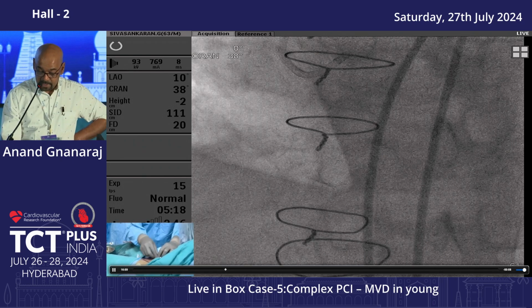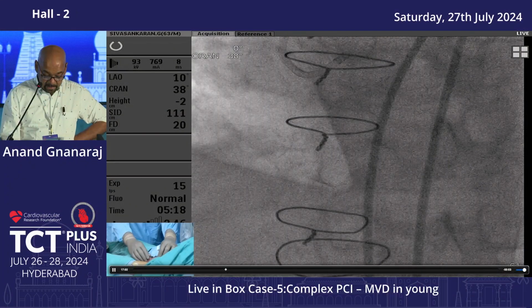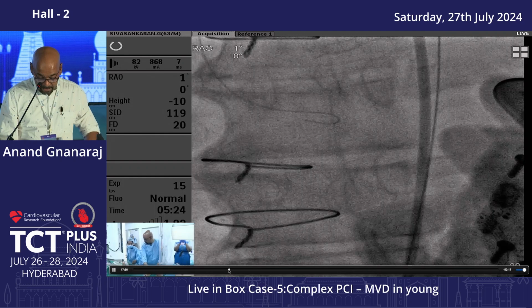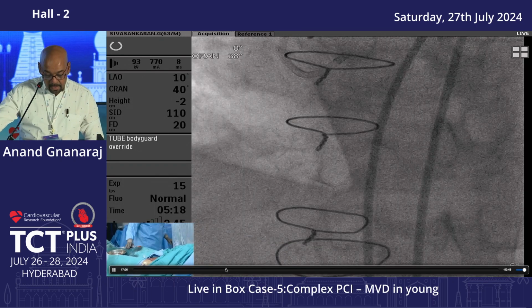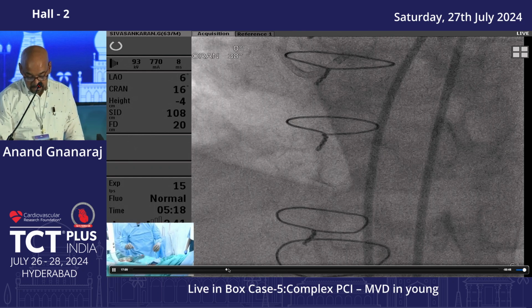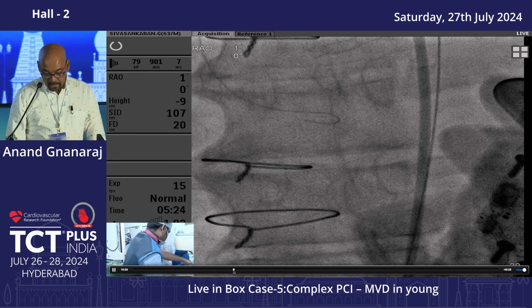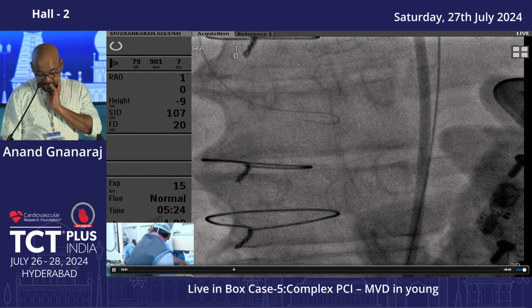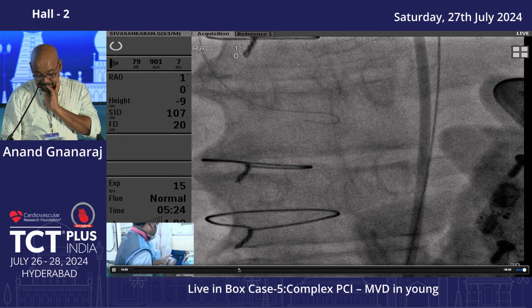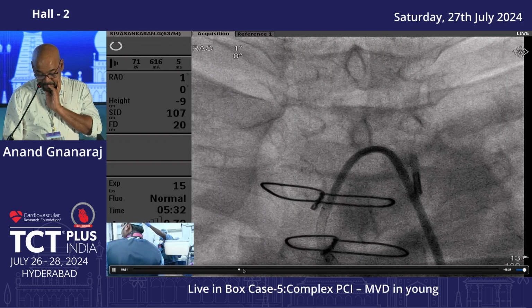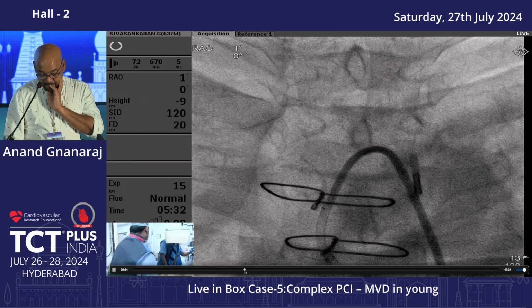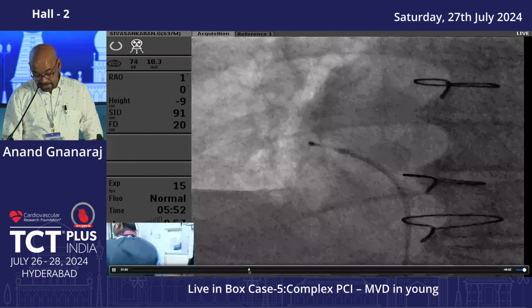So I removed the RCA guide catheter and put an intra-aortic balloon, because his pressure was like some 60 or 70. So this was after that injection, again multiple shocks. So I pulled out the left guide also. And at this point,